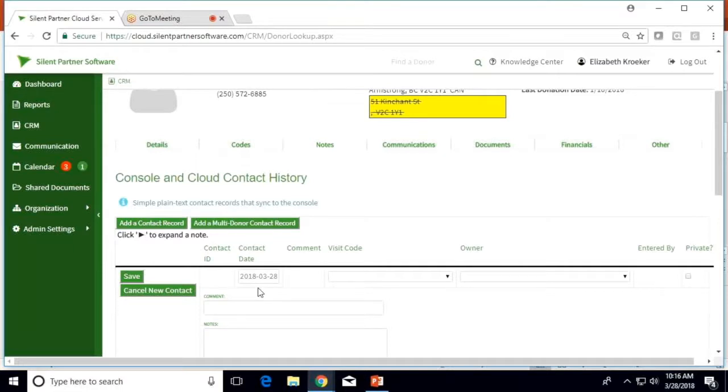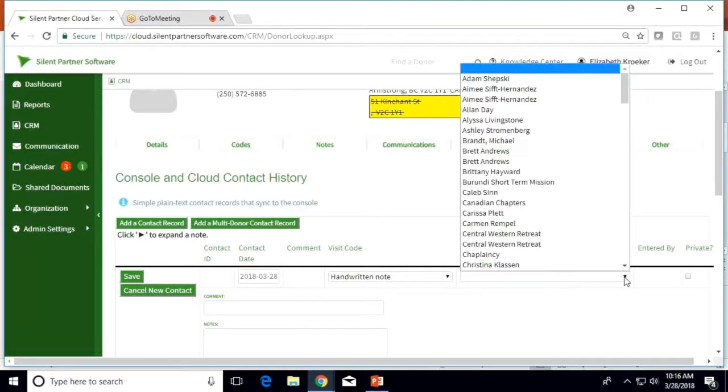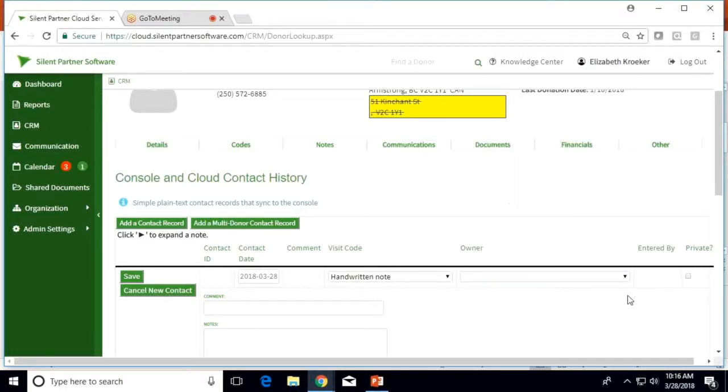If it was a meeting that you had yesterday, feel free to change that. Under Visit Code, you can select one of these. So perhaps we sent Carlos a handwritten note. If there's a specific owner, you can add the owner, or you can just leave it blank and it will have your name that it was entered by you in this section. And then the comment, we can just say, thank you